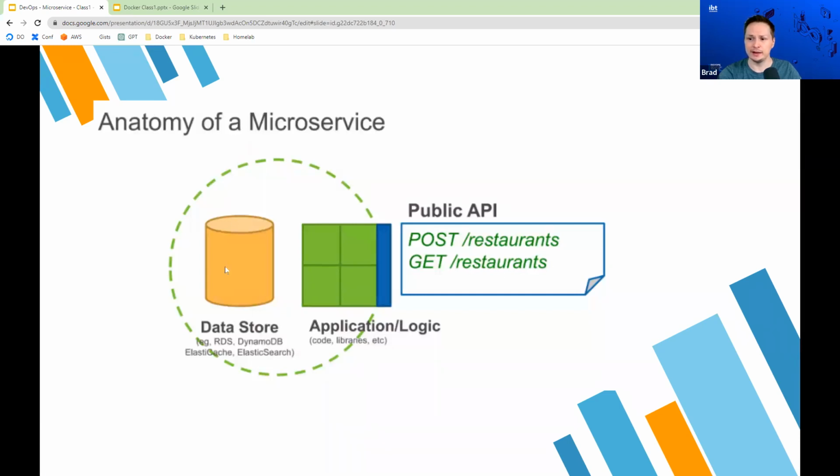So if other microservices called this restaurant API, all they would have to do is send a get restaurants request, and the application code in this microservice would go to the data store, which would be something like an RDS database, pull down the list of restaurants, and do whatever application logic it wants. It could organize or filter the data however it wants. And then in the return call on the API request, it can present the data in whatever format it wants, usually what's known as JSON data.